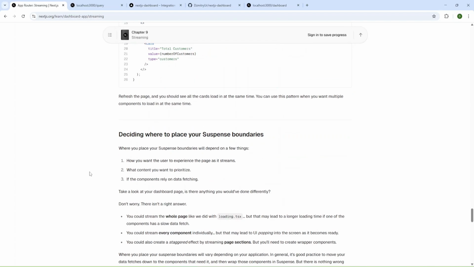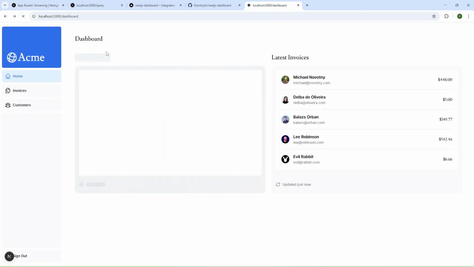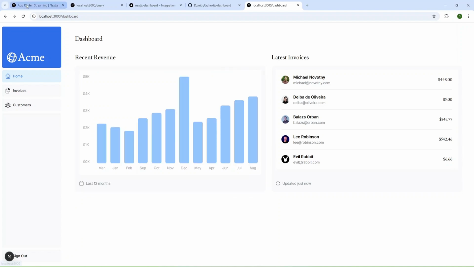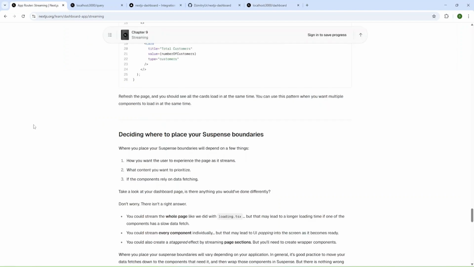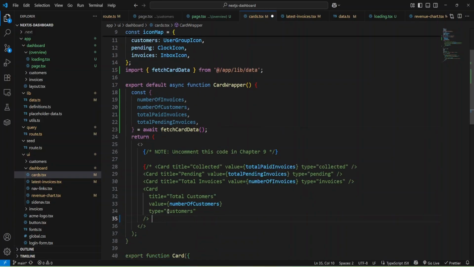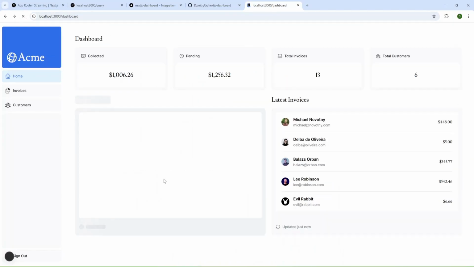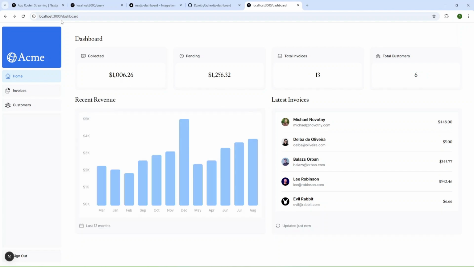Okay, and now we can refresh the page, and as you can see we have card skeleton, but we don't have card. Let's check. Okay, we need to check the code, and we need to uncomment this component. Okay, and let's try again. Refresh, and we saw a loading dashboard, and now we have data.